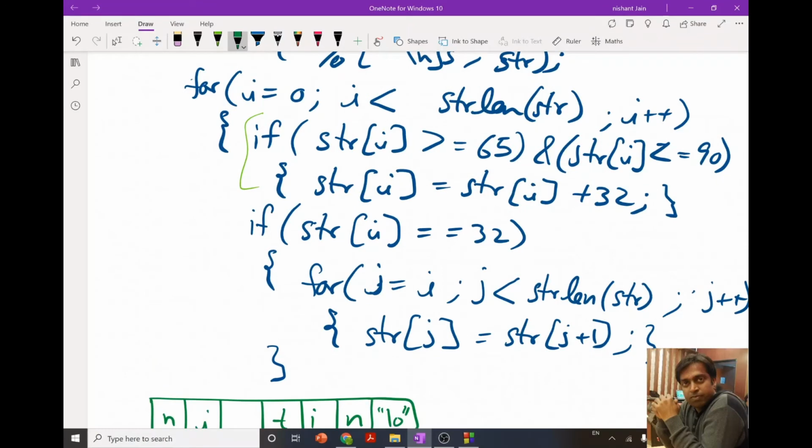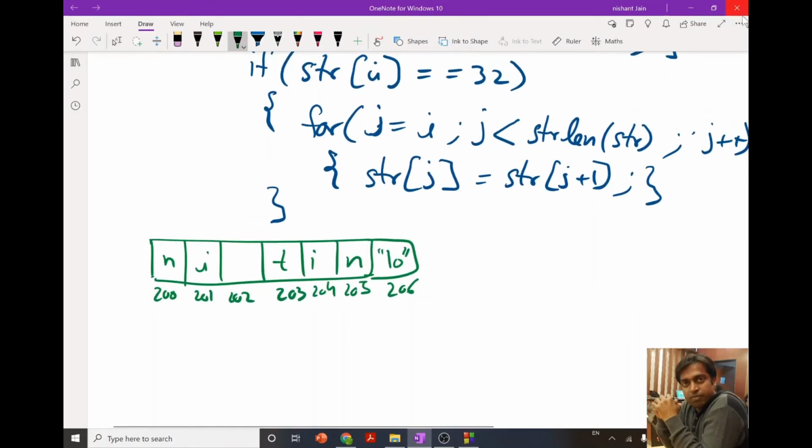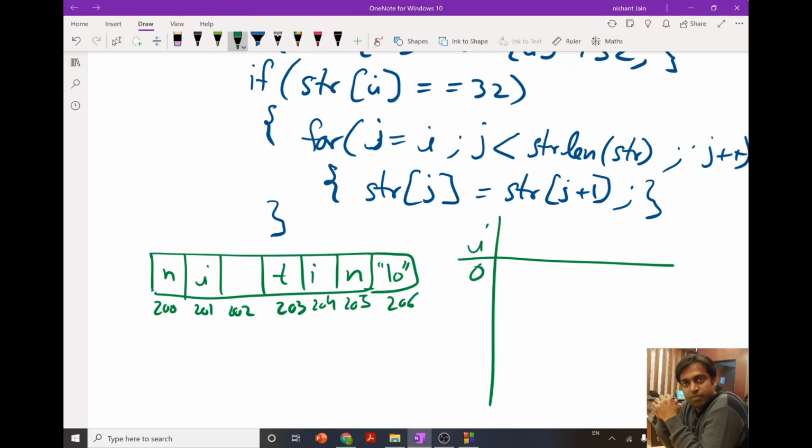So we were at this. We have started a loop that is starting from i equals to 0. So we can put a table, the value of i is 0. Over here we check if str[i] is equal to 32.